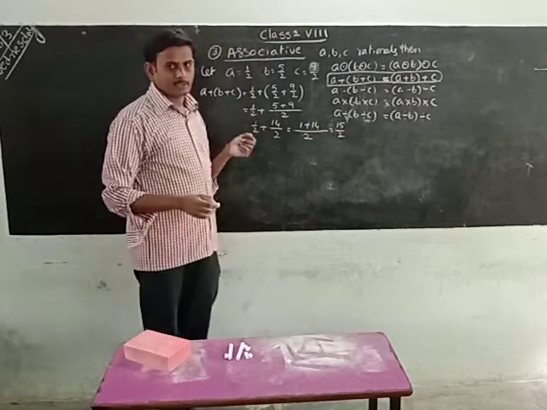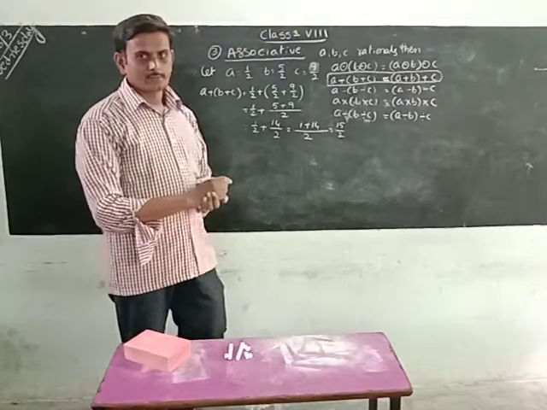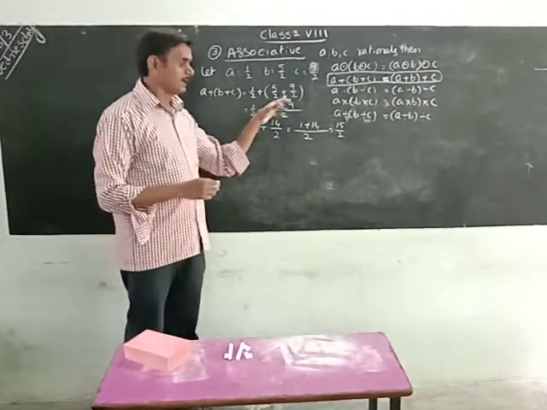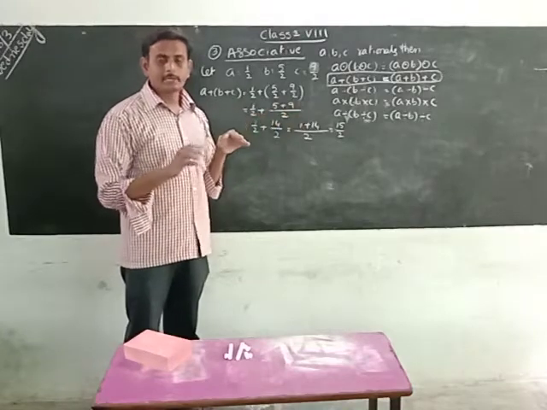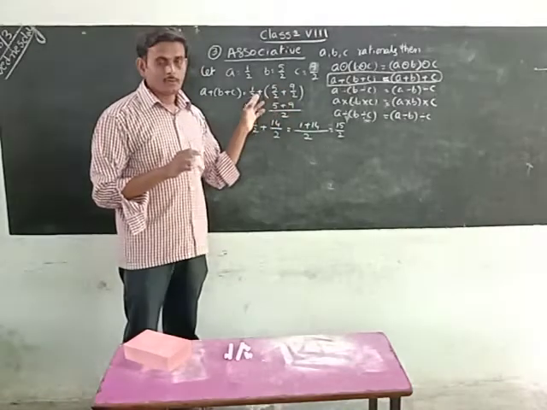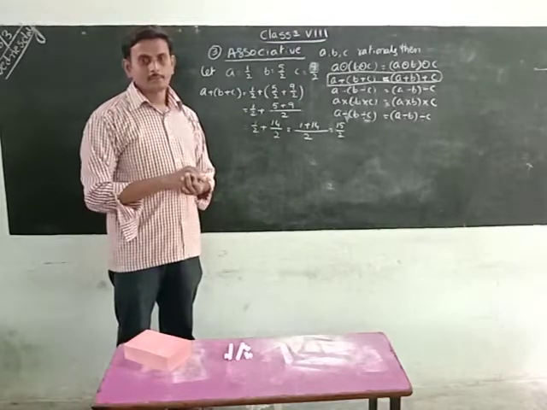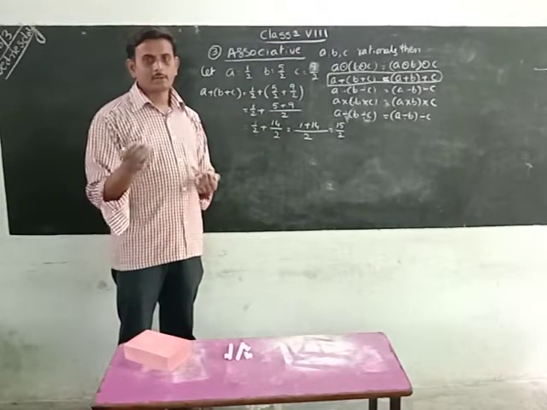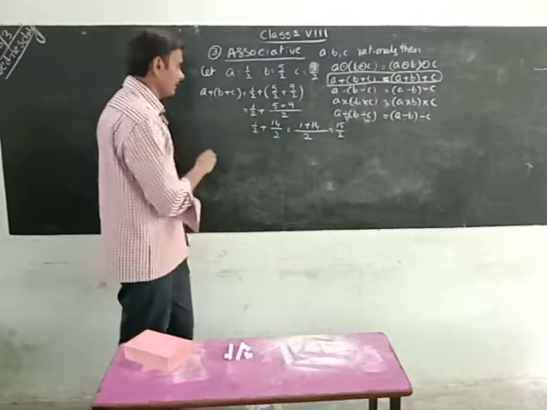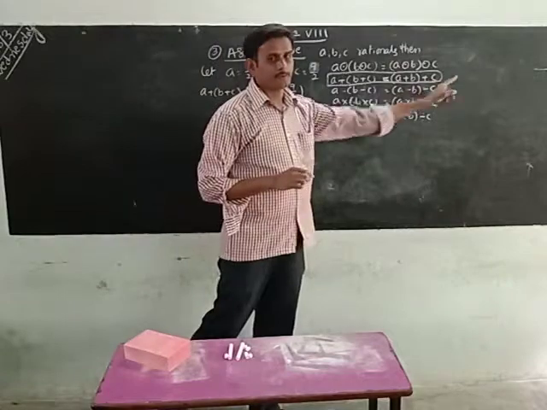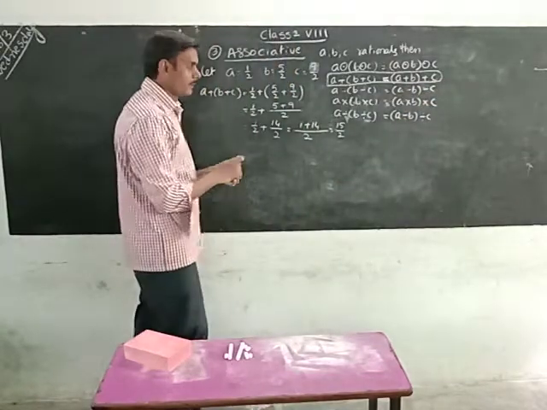I took like fractions here for our convenience. Otherwise you can take LCM addition. If you take different denominators, we have to do the LCM addition or LCM subtraction according to the sign of the numbers. Next you go for the RHS part, RHS part means the part after the equal sign.